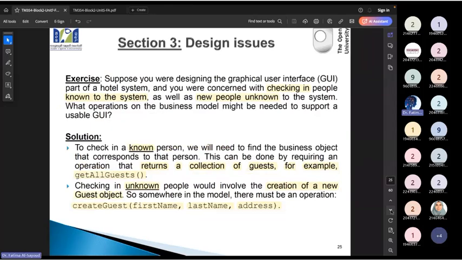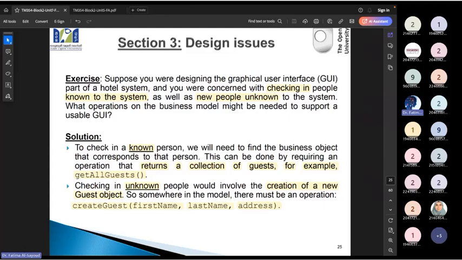طيب, let's see these exercises. So the exercises هنا يقولون this assumes we're having a user interface, which we call a graphical user interface, in this example اللي هي أول object راح يرسل المسجز. إيش الهدف منه؟ We would like to do a check-in لكن we don't have specific information, sorry, whether those people are already known by the system or not. So لما تيجي تدخل على النظام usually let's assume you are a new customer for a website. Sometimes you are a new customer, sometimes you already have an account.